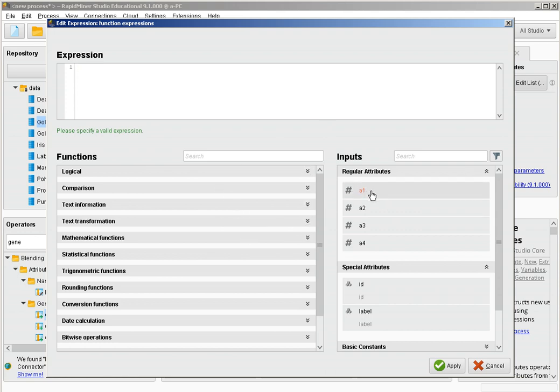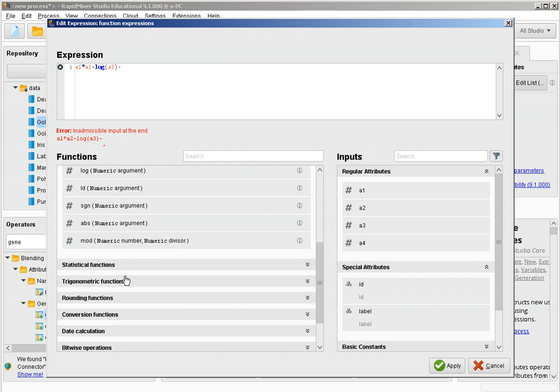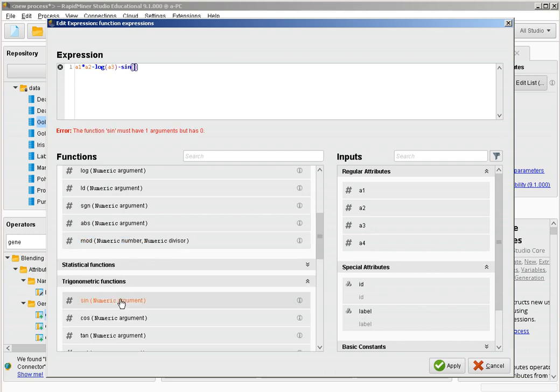For example, I can say that the new attribute is going to be A1 multiplied by A2 minus, for example, I'm going to go to mathematical functions and compute the logarithm in base 10 of A3 minus some trigonometric function, the sin of A4. This feature of course has absolutely no meaning, I'm just showing you that you could build any type of mathematical